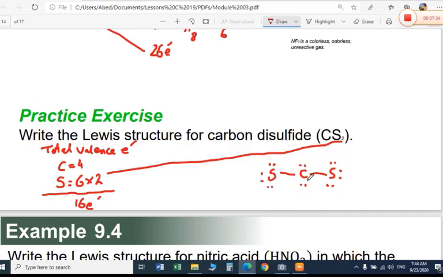Okay, so if you check how many electrons are here, just to give you the idea, if you count this one as a 6 and this one as a 6 and this will be the 8, so it will be 20 electrons. So 20 electrons means 4 electrons more than the valence electrons here. So what we have to do, we have to put a double bond here. How to put the double bond?